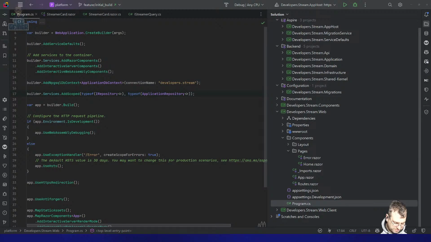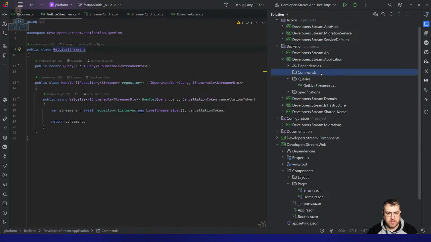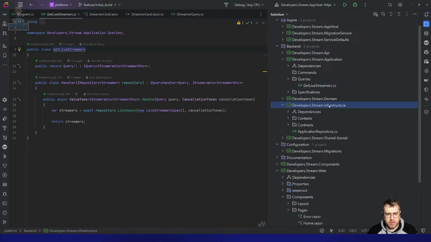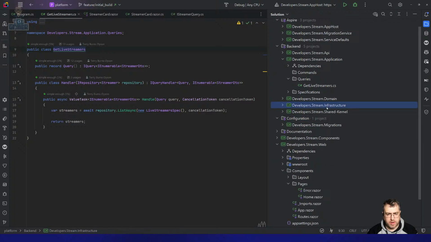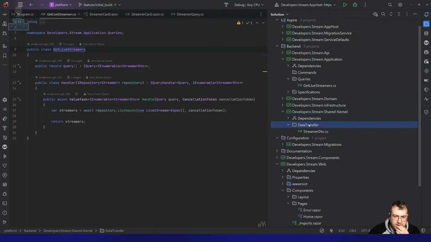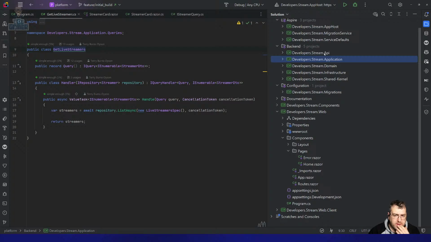do this. Application queries, get live streamers, commands. My temptation is to build an infrastructure component around that. We'll worry about share, stream DTO. So it's not API, but it's another kind of